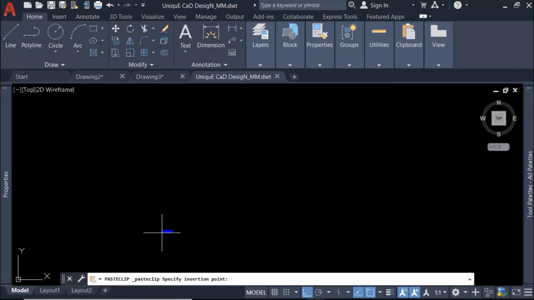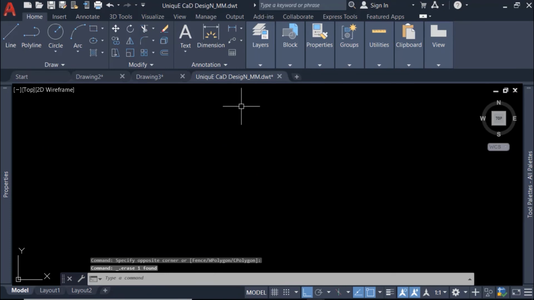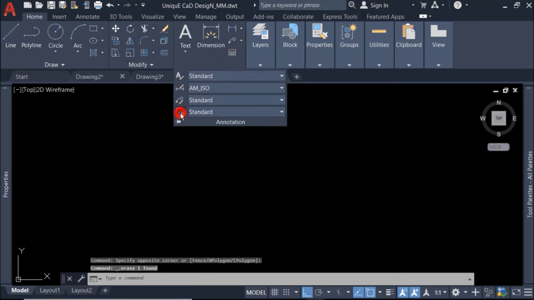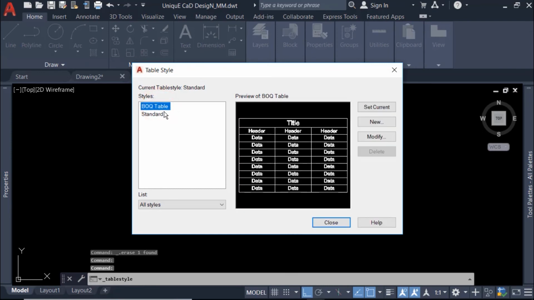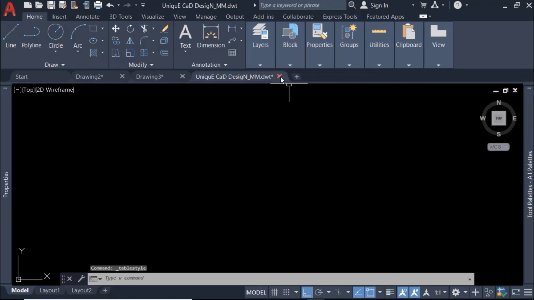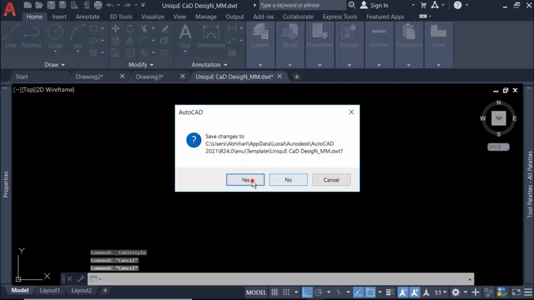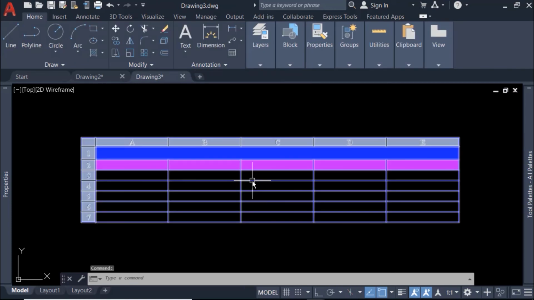Paste the created table in the drawing template file and delete it again, and open the table style manager. It will update automatically, and click on close. Now close this. Like this you can create a custom table style, and we can save that style permanently in our drawing sheet.